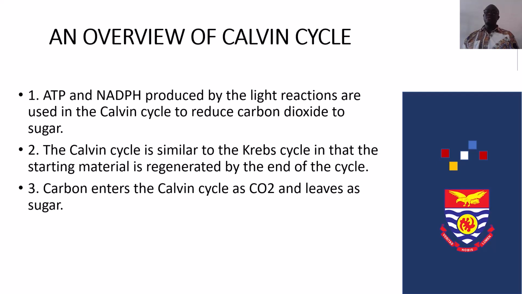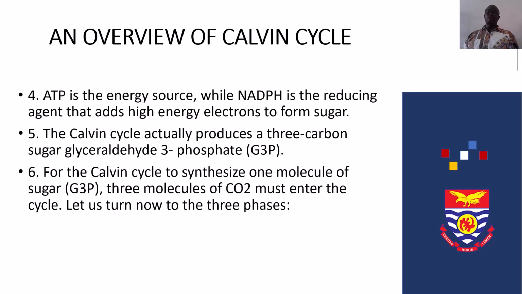The Calvin cycle is similar to the Krebs cycle in that the starting material is regenerated by the end of the cycle. Carbon enters the Calvin cycle as carbon dioxide and leaves as sugar. So ATP is the energy source, while NADPH is the reducing agent that adds high energy electrons to form sugar. The Calvin cycle actually produces a 3-carbon sugar, glyceraldehyde 3-phosphate, G3P. For the Calvin cycle to synthesize 1 molecule of sugar, that's glyceraldehyde 3-phosphate, 3 molecules of carbon dioxide must enter